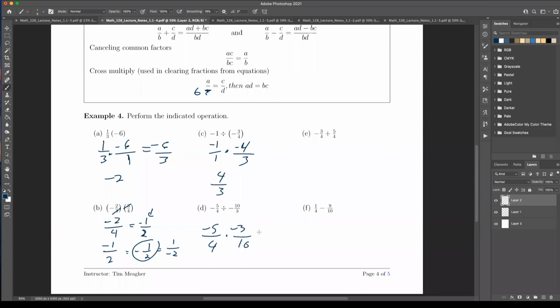Try to make math easier for you. Try to do stuff conventionally the same way. Even if it doesn't matter, it's still nice to do it conventionally the same way so you know what you're doing at least. Okay, so once I've flipped and multiplied here, the 4 and the 3 don't cancel, but here I can cancel out a 5 and make my life easier. And so up top I'll have a 1 times negative 1 times negative 3, so that'll be a 3, and I'll have 4 times 2, so this will be an 8. So this will be 3 eighths.